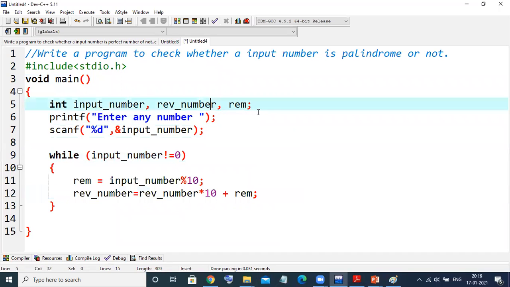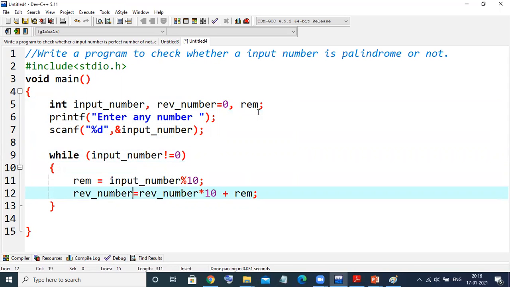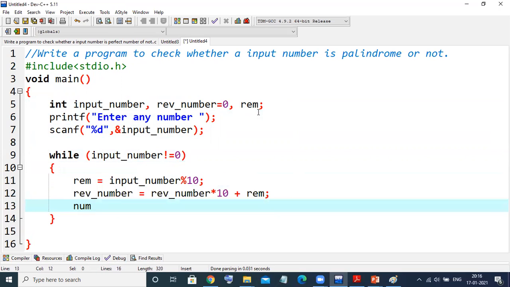So here we need to initialize this with 0 first. Like this. Then we'll divide input_number, equals input_number divided by 10.